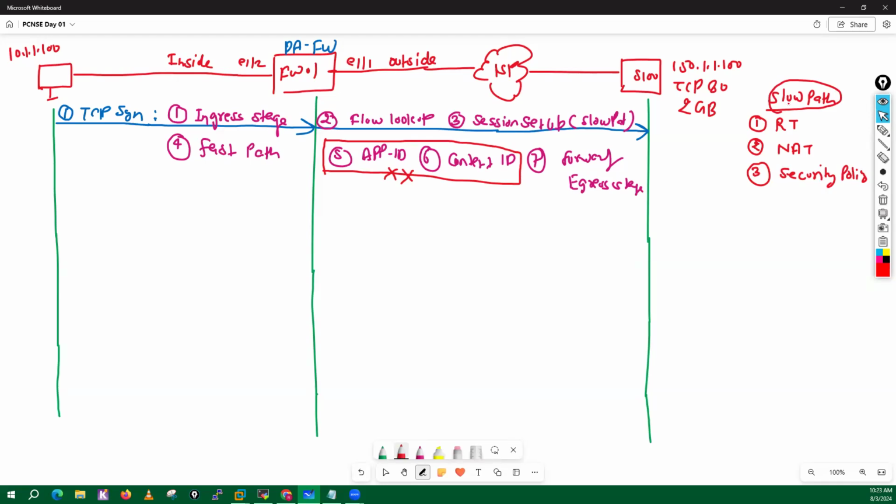Okay. And guys, for the same example, let's suppose this firewall takes 2 seconds when your packet goes through ingress stage, flow lookup, slow path, fast path, and forwarding stage. It needs around 2 seconds of time. Okay. But what this firewall will also do,